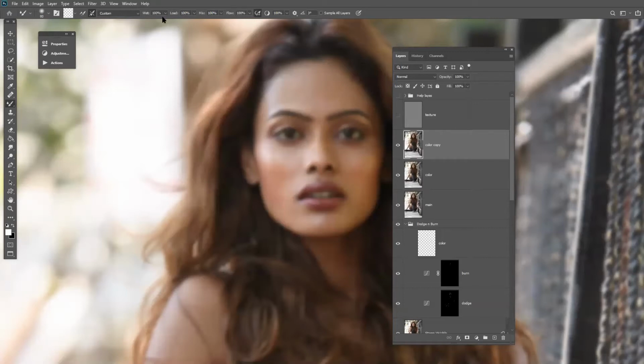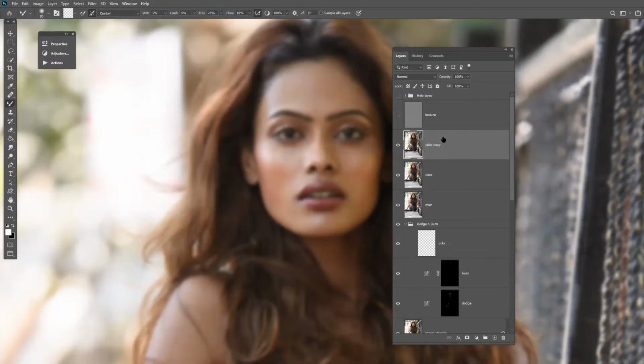Now our next part is wet. Keep the wetness between 2 to 20 according to your choice. Right now I'm using only 5. This is my preferred choice. You can practice and change the wetness and load and start practicing on it. I keep the load the same. I keep the mixing around 25. I keep the flow around 10 and I keep the jitter around 5.